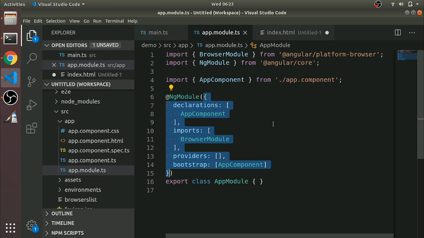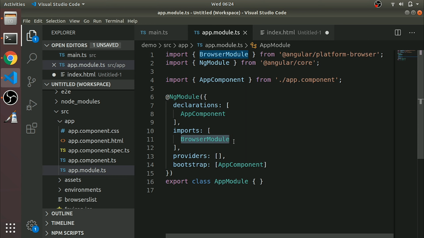In Angular everything is a class, so how does it distinguish which one is a module and which one is a component? It has a set of metadata. From this metadata it can know yes, this is a module, or yes, this is a component. So we have some set of metadata. Declarations. Declarations contain components, pipes and directives. All the components, pipes and directives should go under the declarations array. Imports. If we have a dependency on other modules, then you need to import it here.